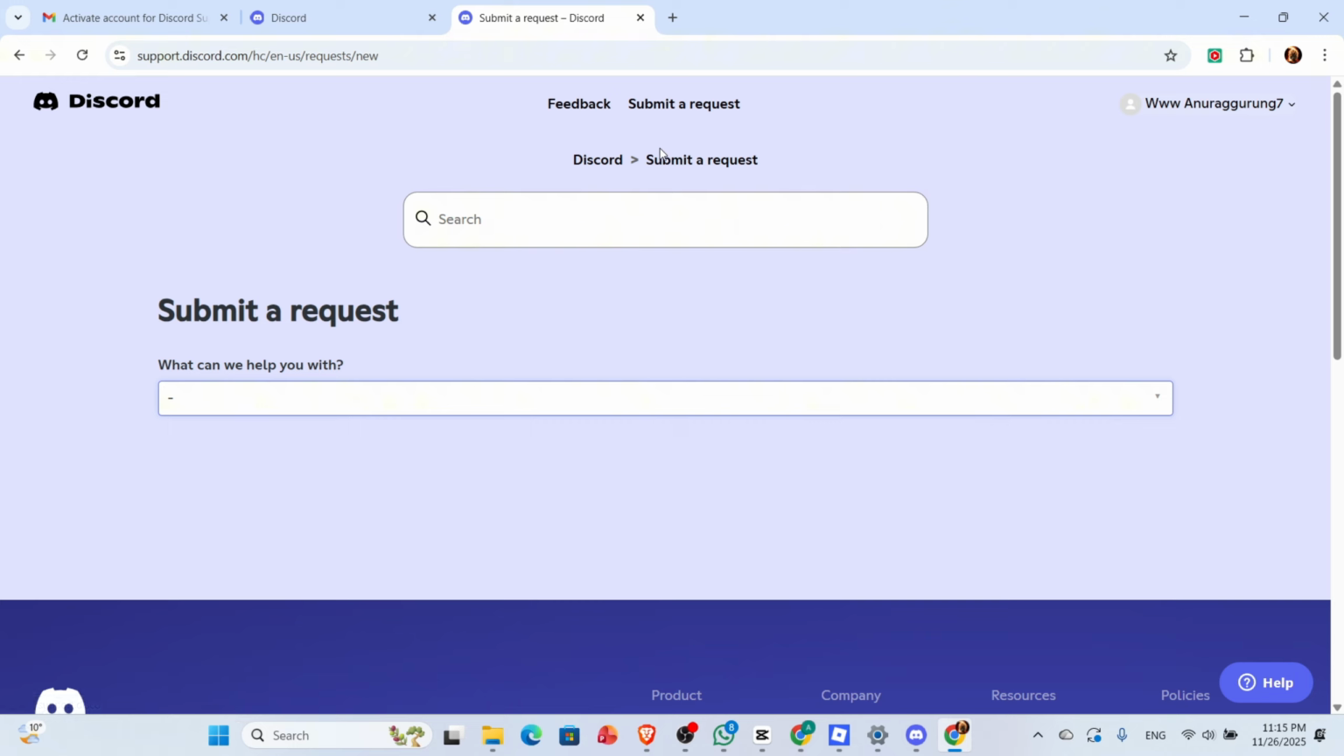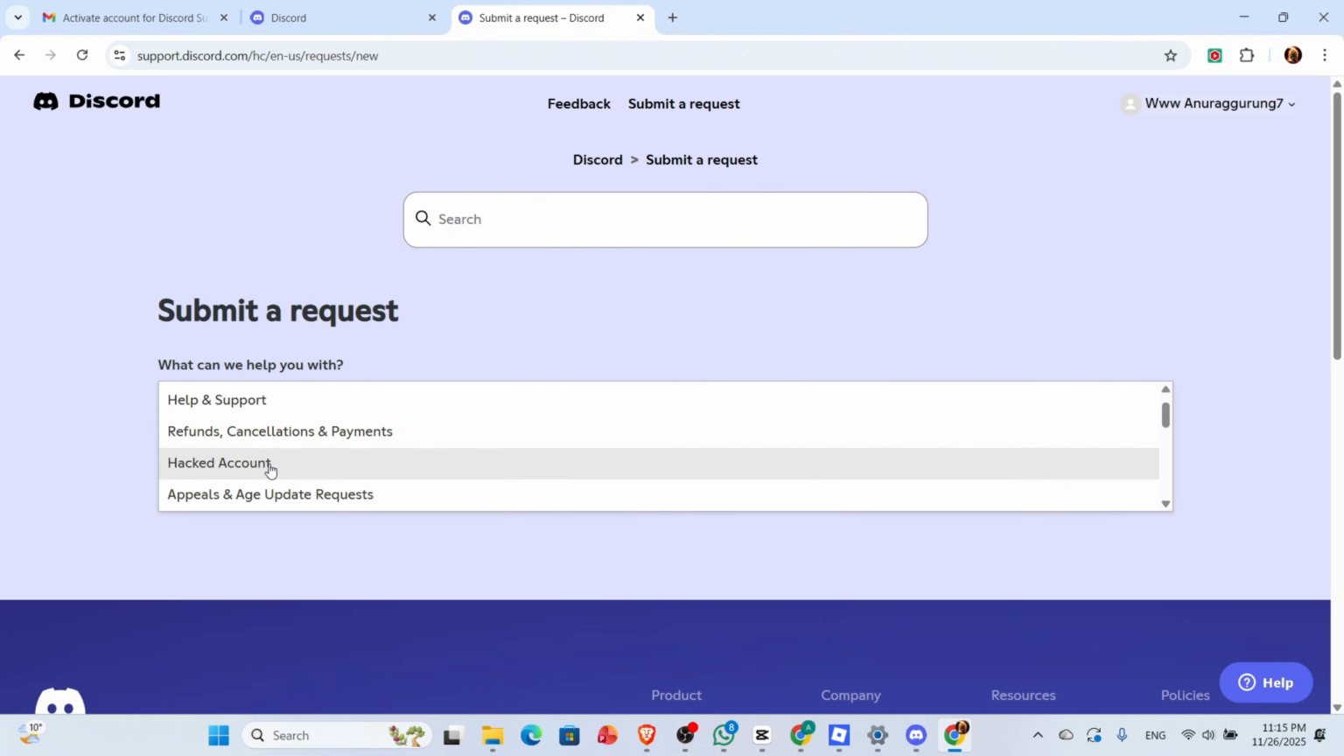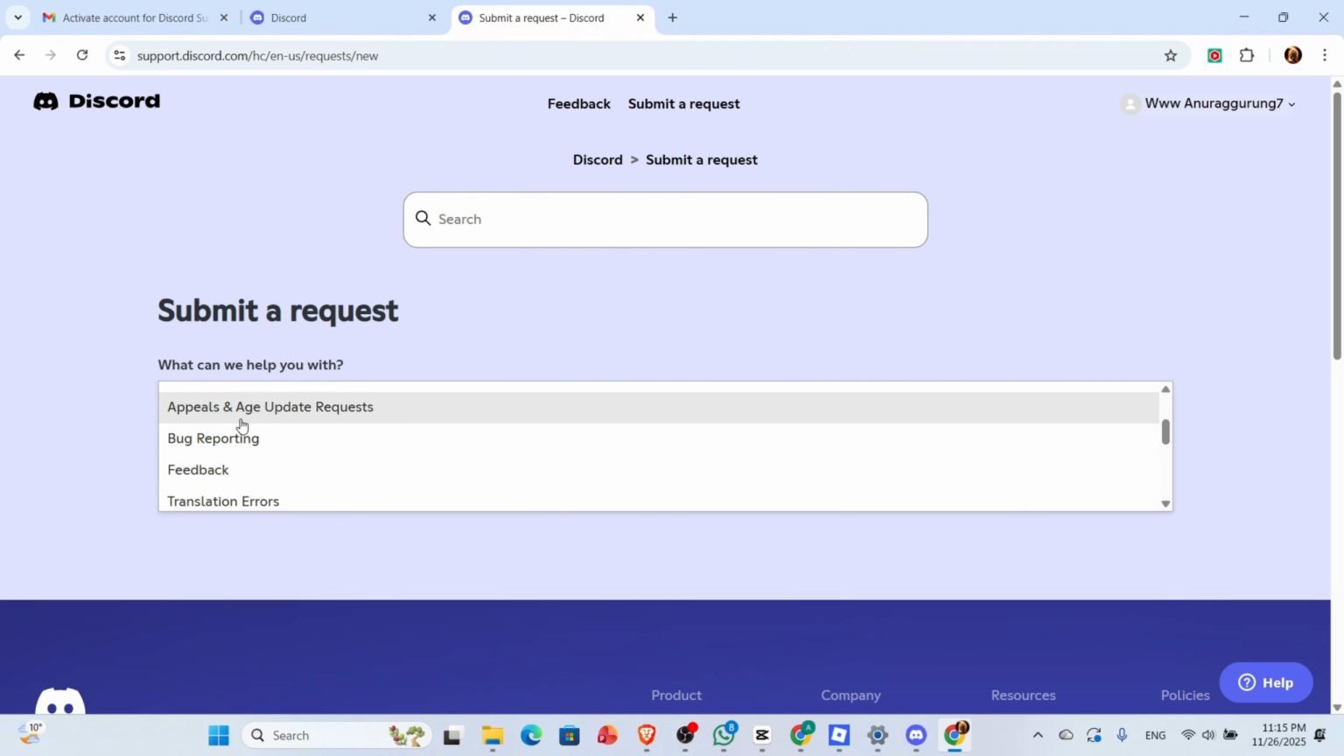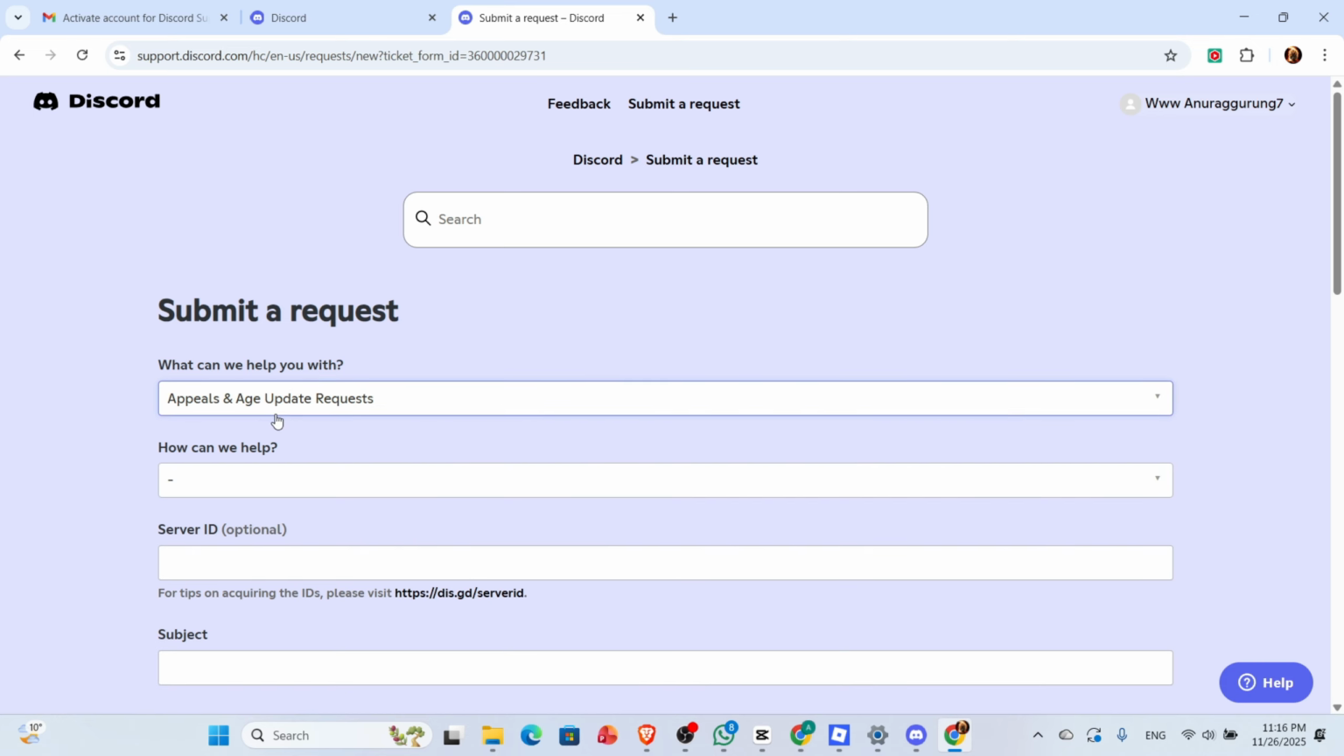After that, on the new page, you simply have to click on the box under the option that says, what can we help you with? Simply click on it. And now from the drop down menu, simply scroll down and select appeals and age update request. And after that,